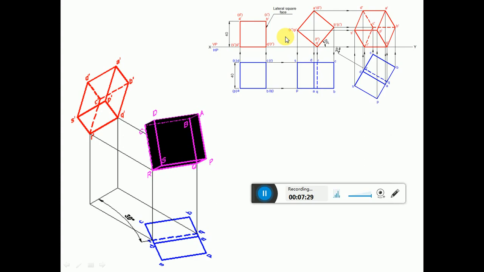So first you redraw the same sketch by rotating it at an angle of 30 degrees with respect to the XY line. So consider any point on the XY line and by using the protractor you measure an angle of 30 degrees and draw an inclined line. Then, since it is the true inclination and QR is also the true length, you measure the length by using the compass, the distance between Q and R. Consider any point on the 30 degree line and mark that point Q and R, and name them.